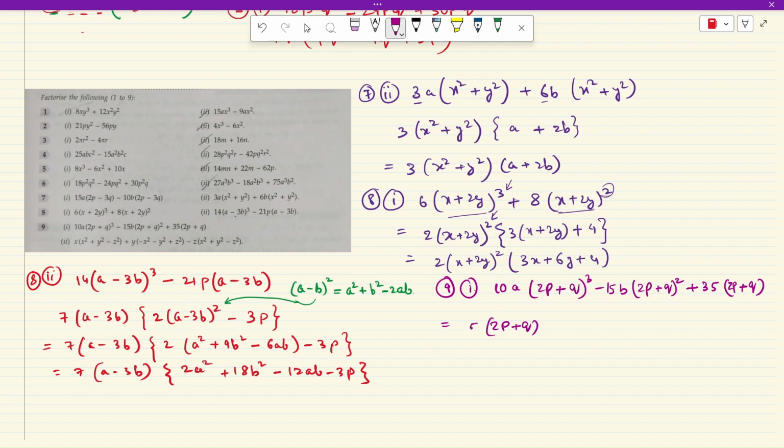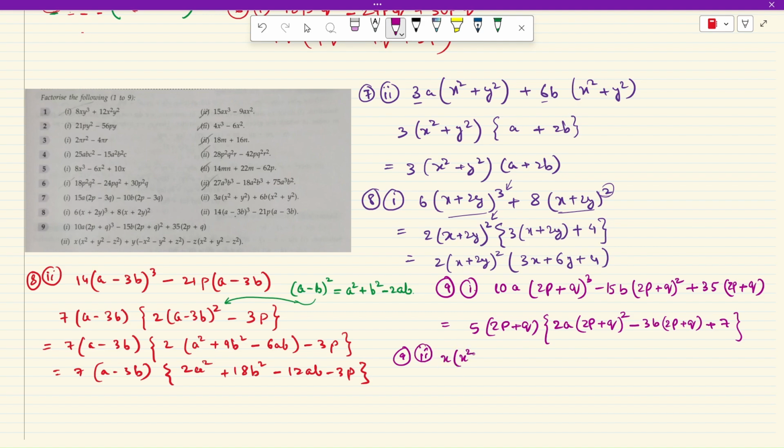From the numbers I will take 5 as common. This will be 5(2p plus q) square, 2a, 3b(2p plus q) plus 7. You may break the identity or you can simply keep it like this. And the last question,